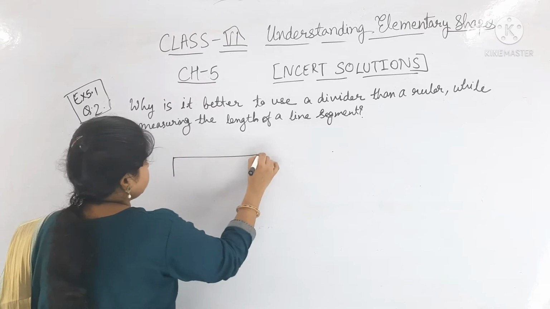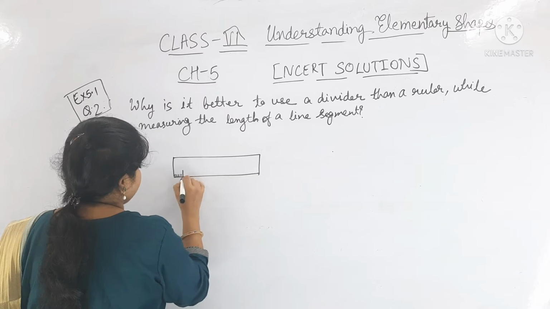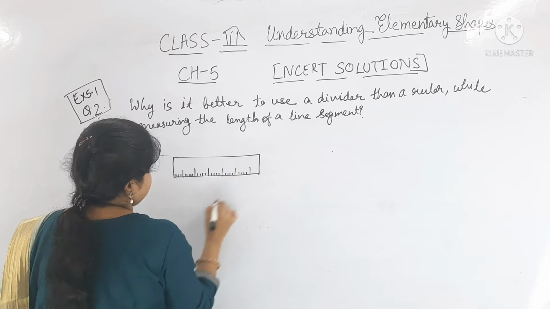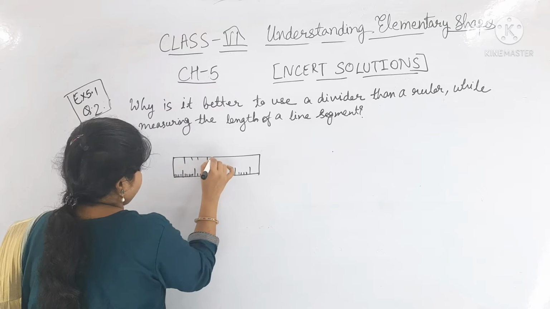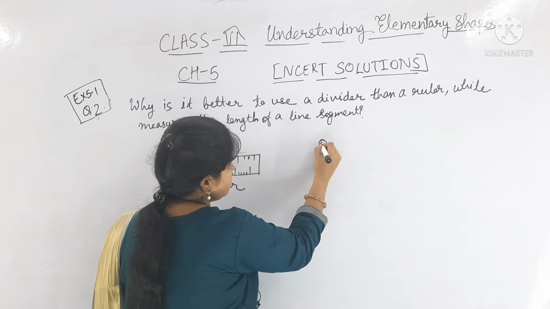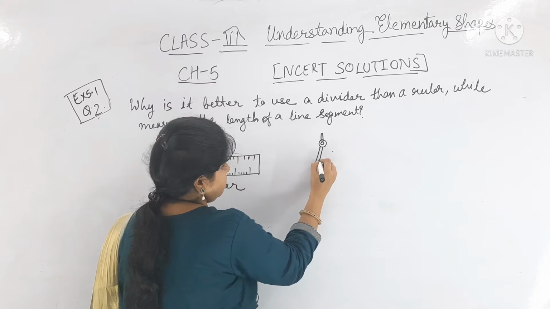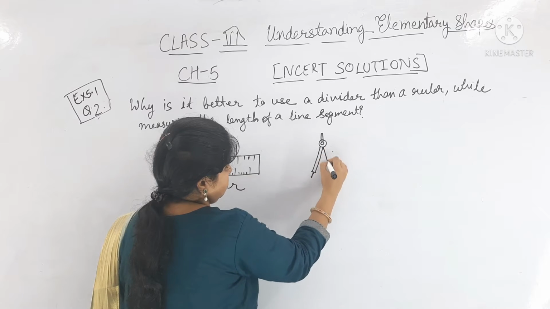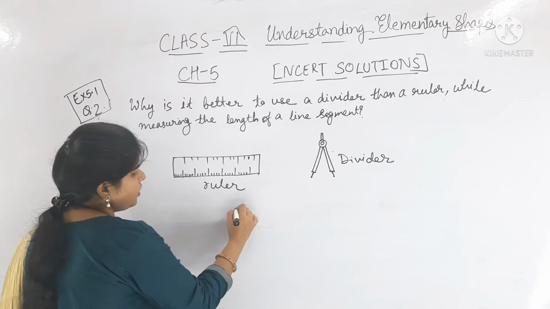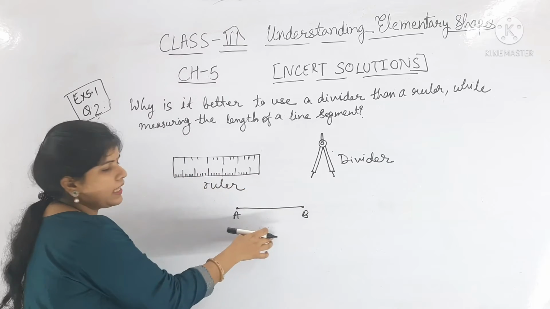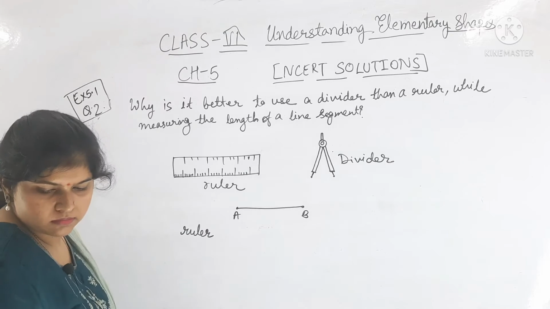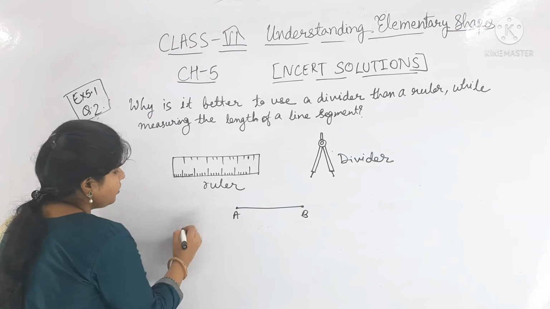So this is a ruler, and this one is a divider. If there is a line segment AB and you scale it with a ruler,